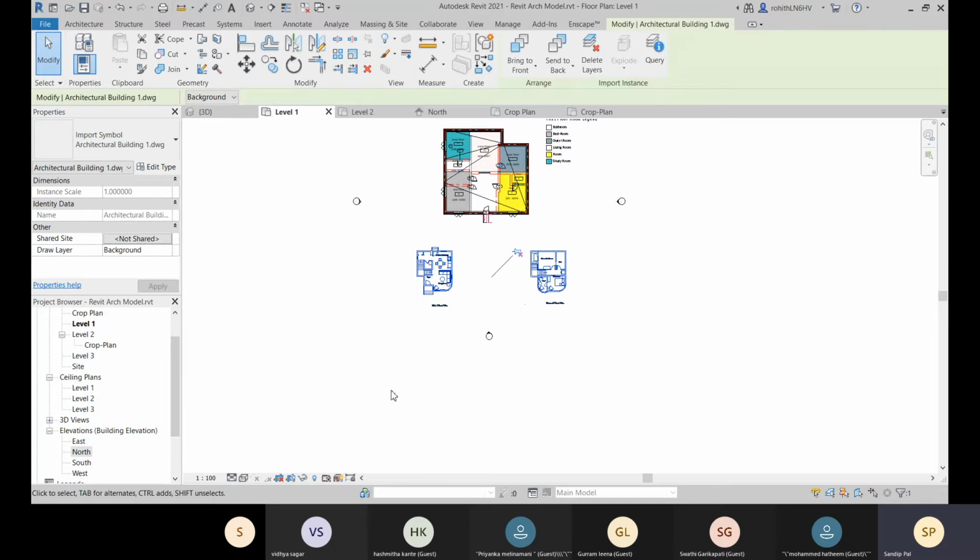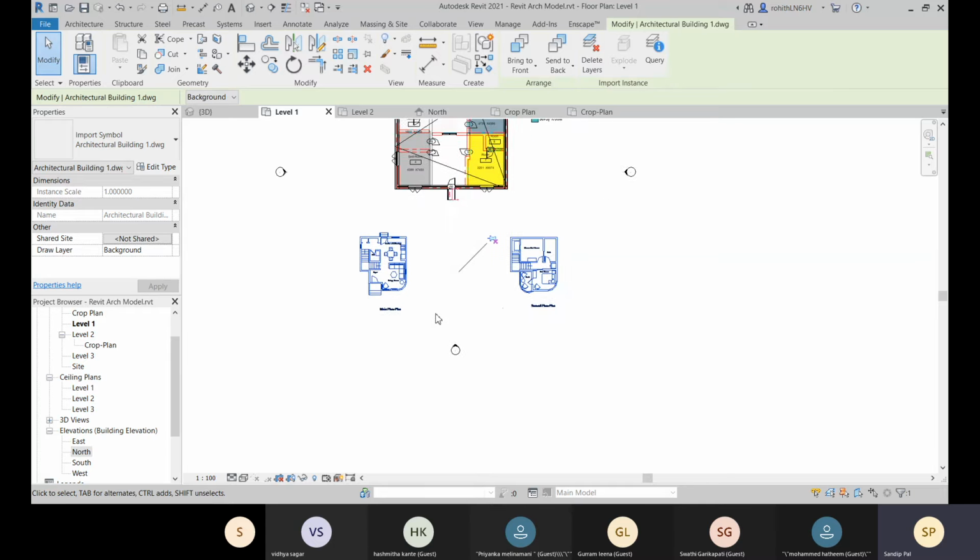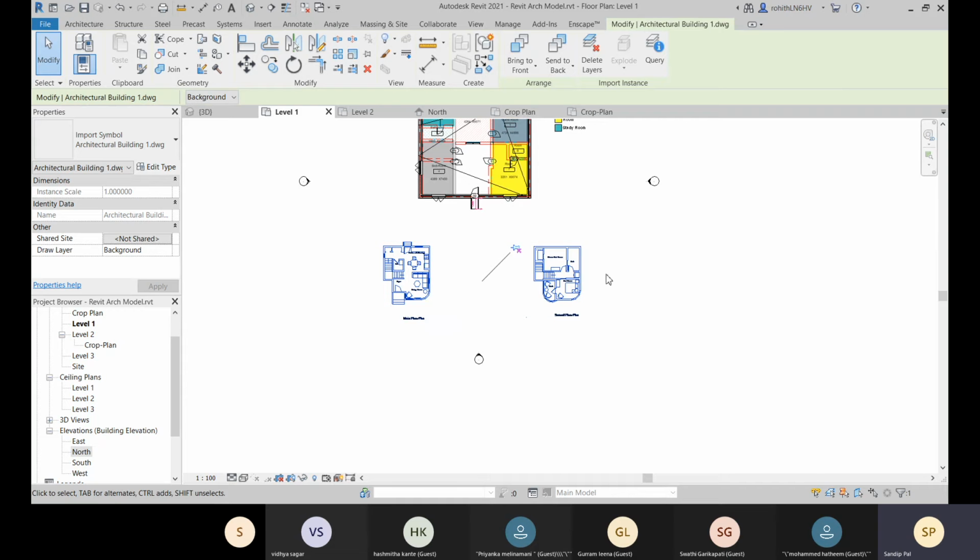So about this link file, you cannot go for this explode option. For link files, you are not allowed to explode it. You cannot explode it as your Revit files, because this is still linked with your main CAD files. And now let's go for this query.